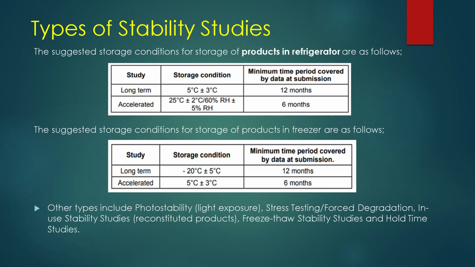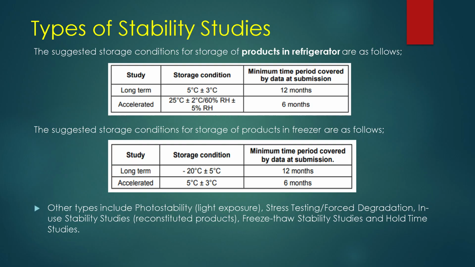The suggested storage condition for storage of products in freezer are as follows. Long-term studies are carried out at minus 20 degrees Celsius plus or minus 5 degrees Celsius for 12 months, and accelerated studies are carried out at 5 degrees Celsius plus or minus 3 degrees Celsius for 6 months. Other types include photostability, that is light exposure studies, stress testing or forced degradation, in-use stability studies, freeze-thaw stability studies,